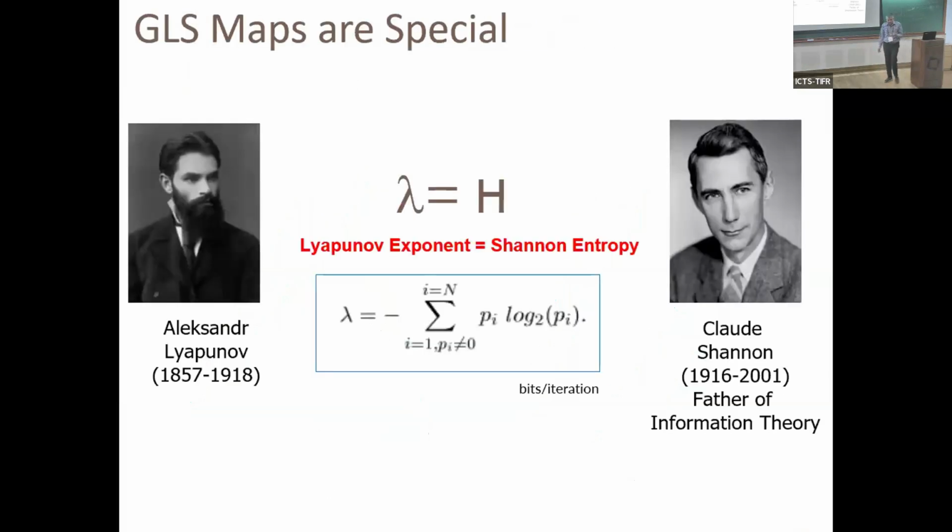Now what is amazing is, I don't have time to prove this. The beauty is that there is a nice connection between information theory and chaos theory here. Now, we talked about the Lyapunov exponent of all these maps. You can find the Lyapunov exponent of this map, by the way. It turns out to be this expression here, minus pi log pi. And if you change the base of the log to base 2, there's no reason to take base e, you can take base 2 also. Then you'll actually find that this is equal to the Lyapunov exponent, the Shannon entropy,